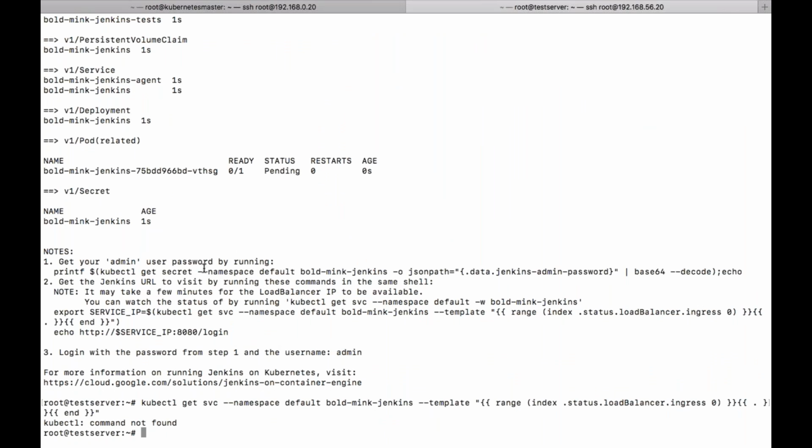As you all know, Jenkins will be running on port number 8080, so obviously this will be the URL. But here we need to find the service IP. Then you can go to the browser and access it.